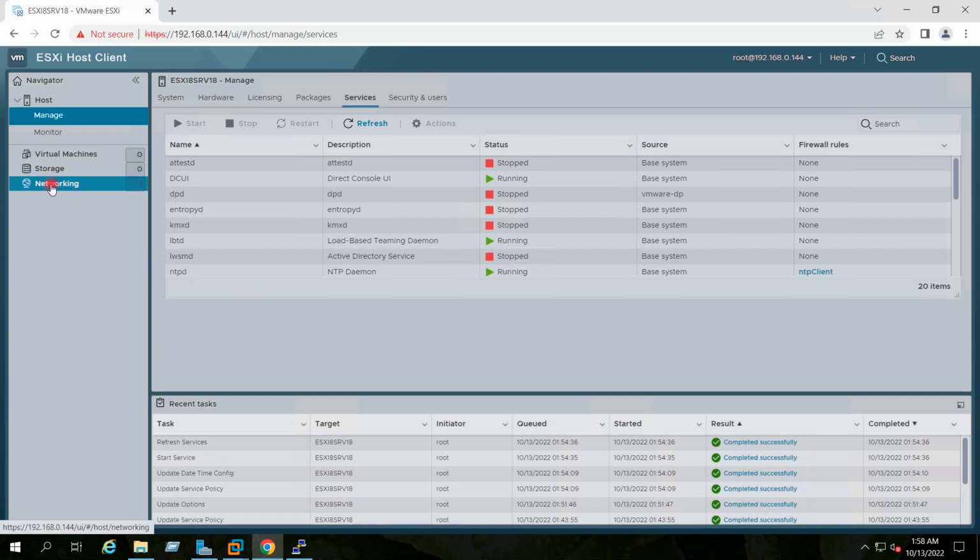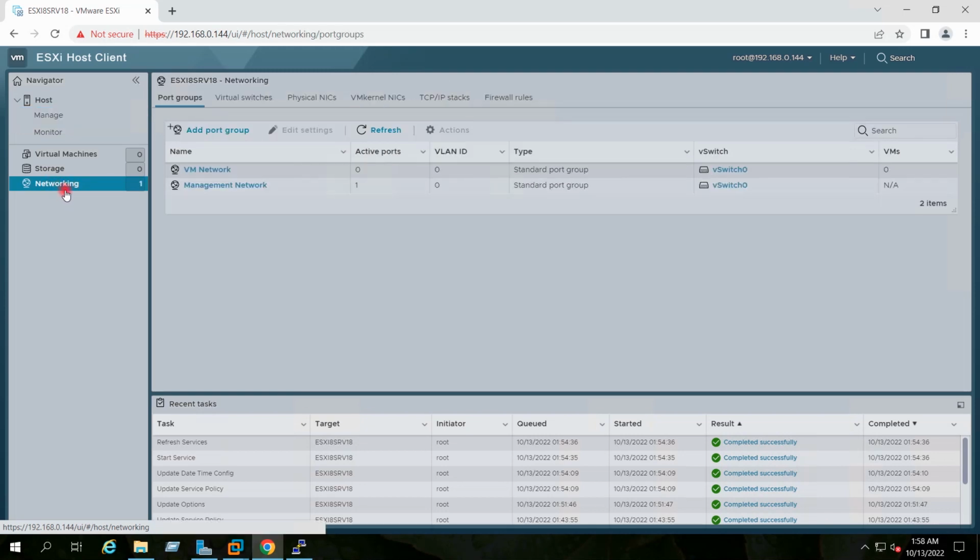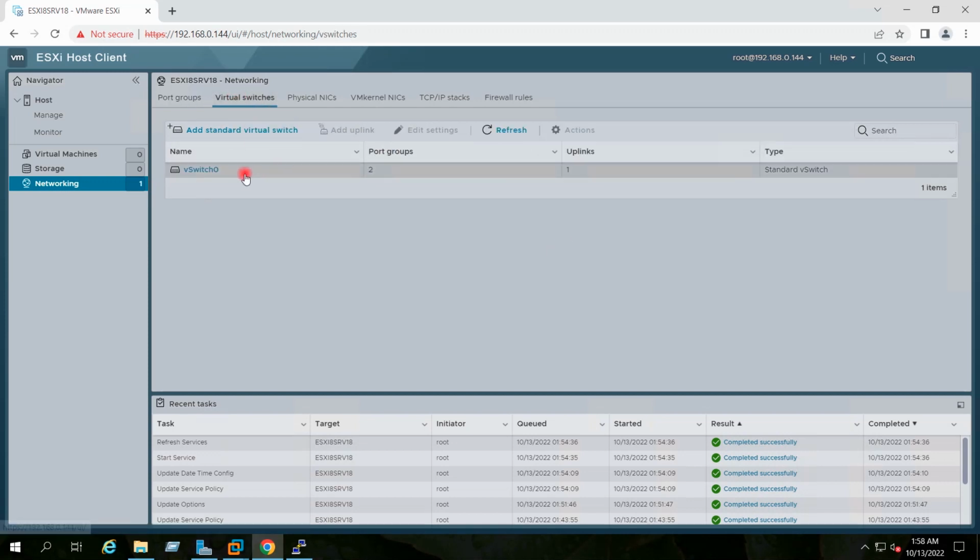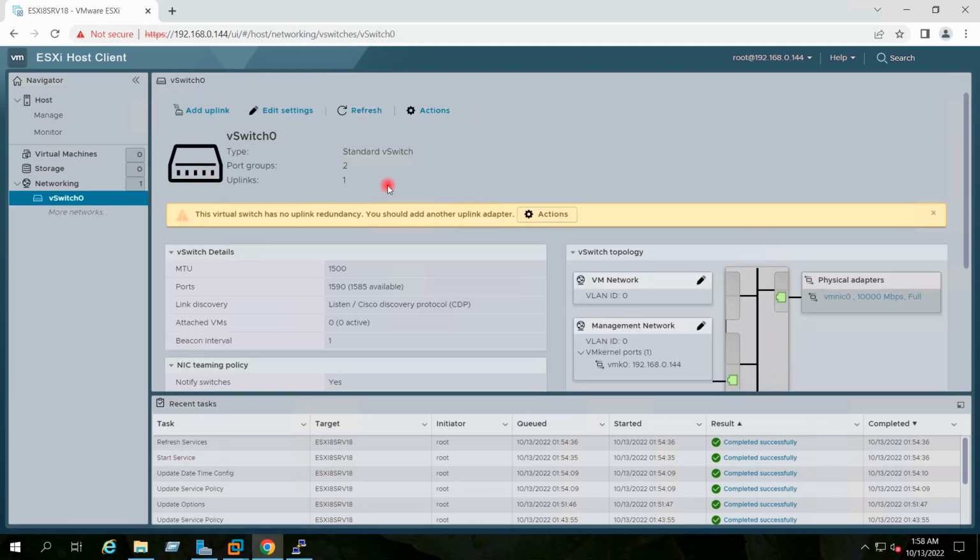If I go to networking and virtual switches, this is the virtual switch vSwitch0 and it has a single uplink. If we have multiple network adapters attached to the host, I can go ahead and add the uplink to this switch.